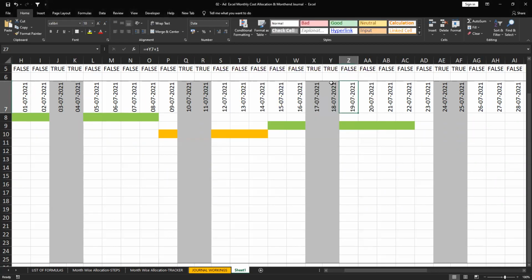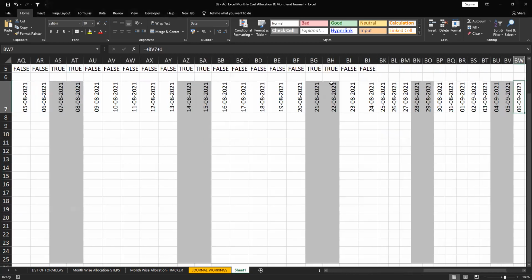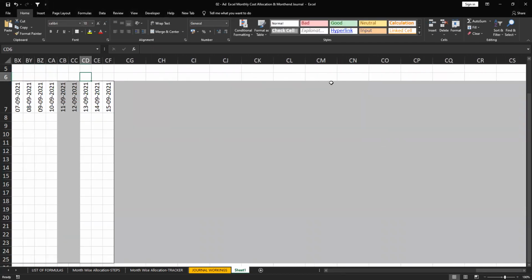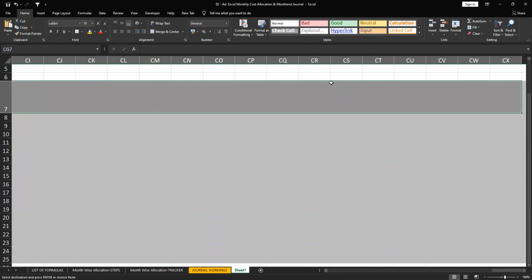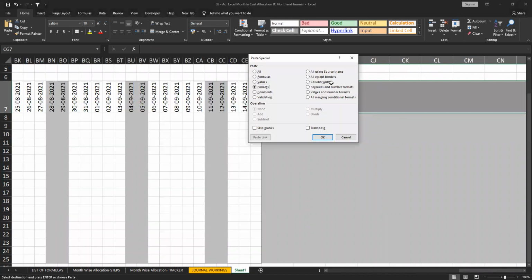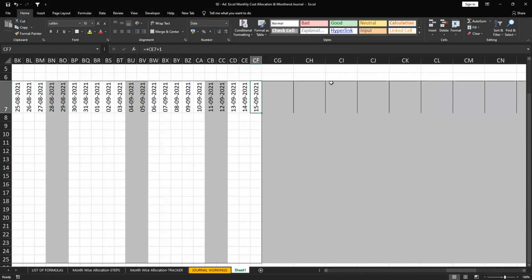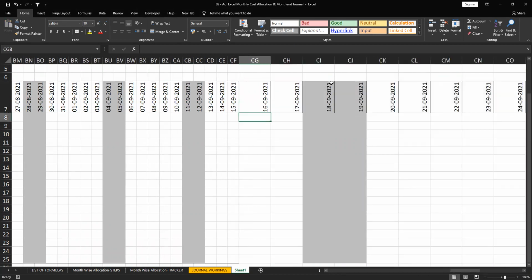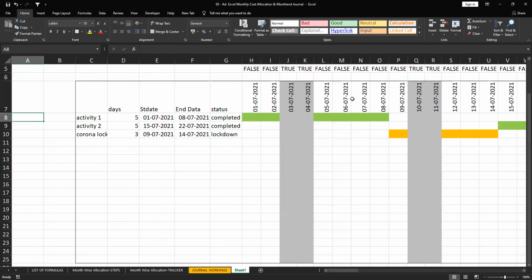Now see the color here. Automatically you get the highlighting. Very important, that's how we need to give the color.